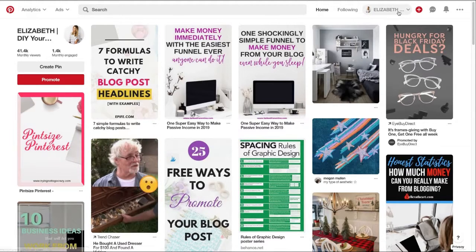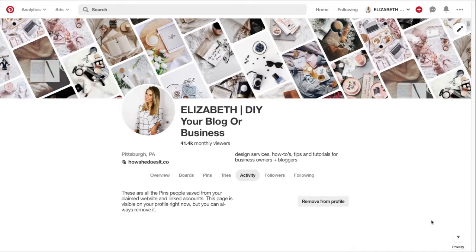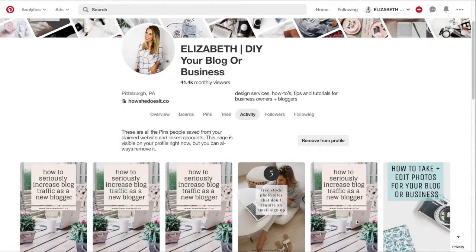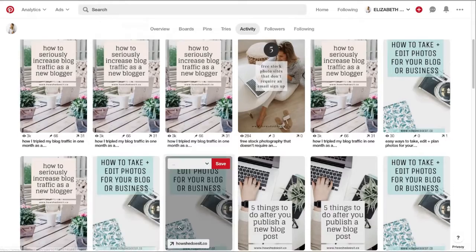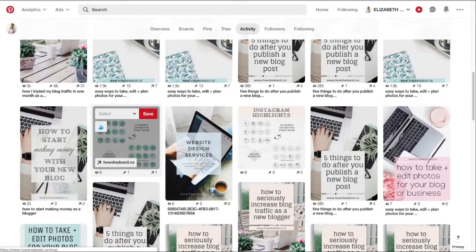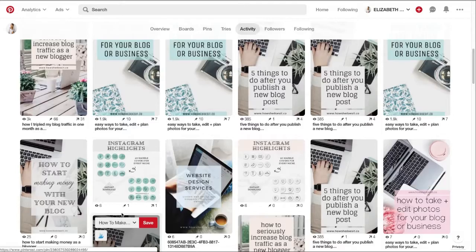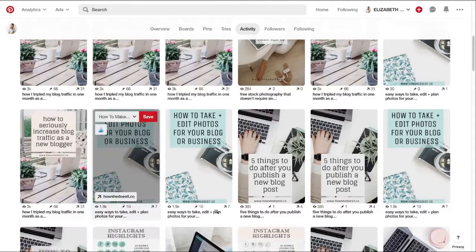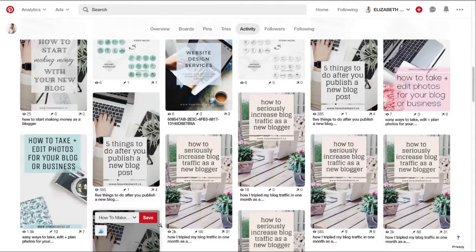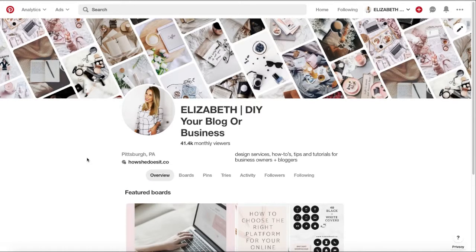So just to show you that really quickly, when I go to my profile, I have this little activity tab here, and I can click on that and see which pins are the most popular. All of these pins here, people are interacting with, and they're repinning, and they're clicking on them. So you'll be able to see that if you have your business account set up. I think it's really important to see how well your pins are performing based on what you've created, because if I see a particular pin hasn't been viewed or clicked on very often, I can go in and adjust what the pin looks like so that hopefully I can get people's eyes on it